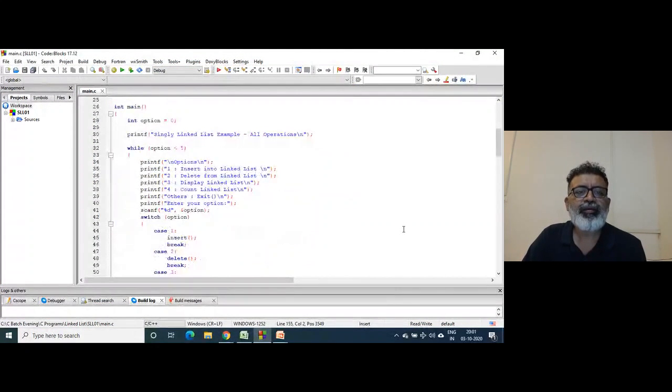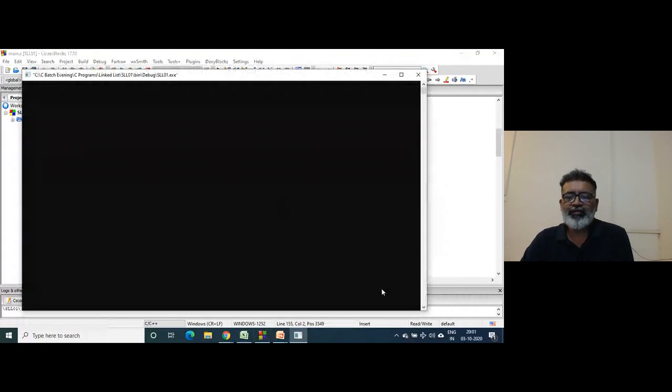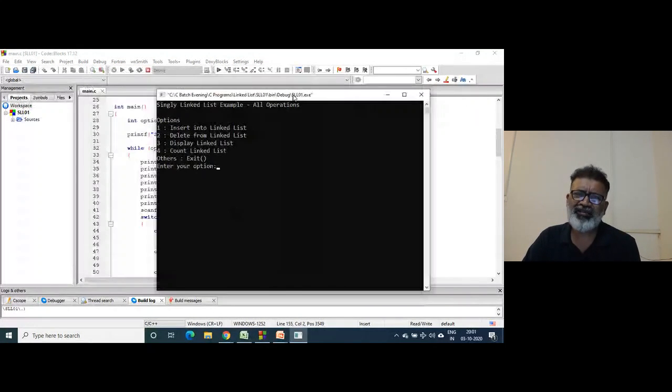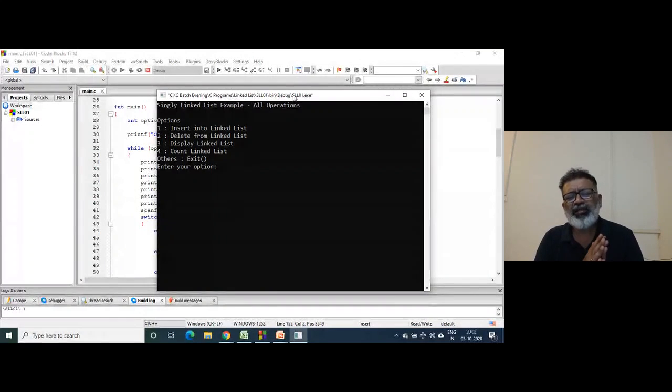So I will run this first and see. Everything is there. All concepts you have learned in C language, we have used there. Loop is there, switch is there, if else is there, pointer is there, function is there, string, everything is there. Dynamic allocation is there, global memory is there, storage class is there. All concepts of C language, whatever you have learned, are there.